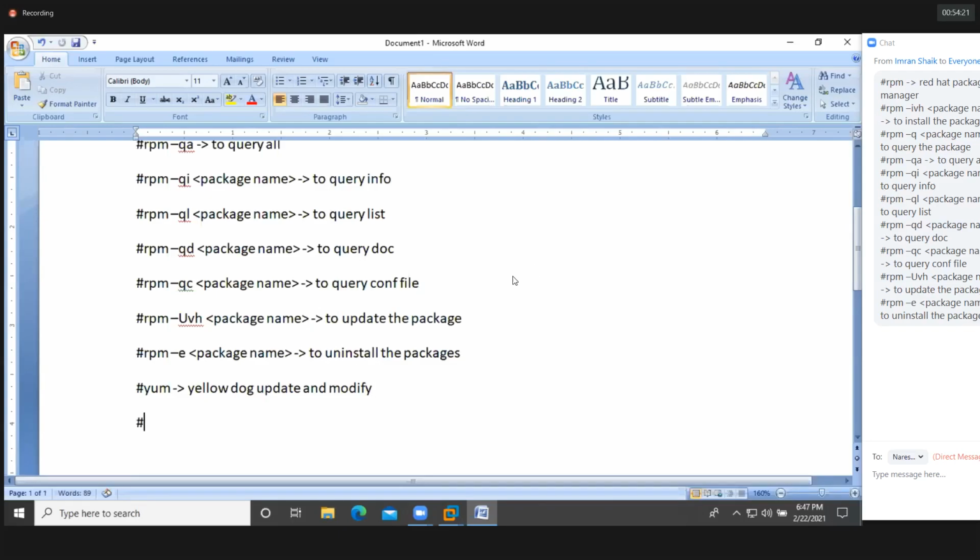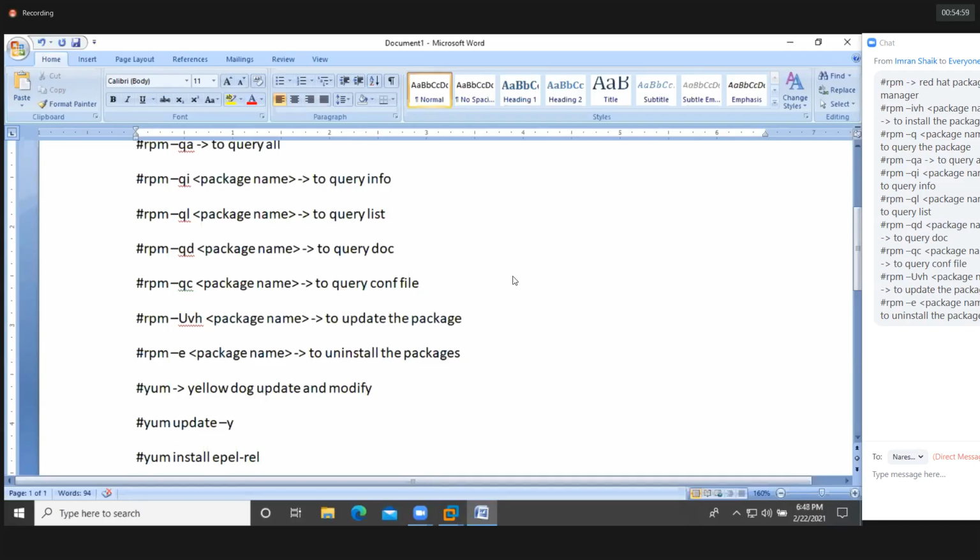After installing CentOS, you need to execute the command yum update -y. After executing this command, you need to run yum install epel-release, the latest version.